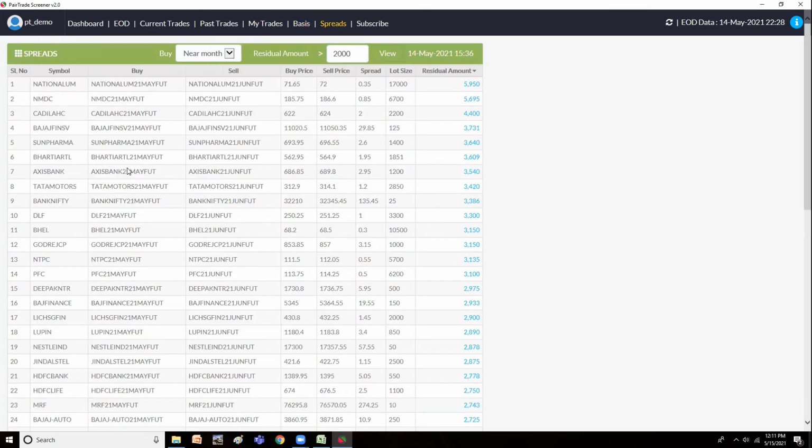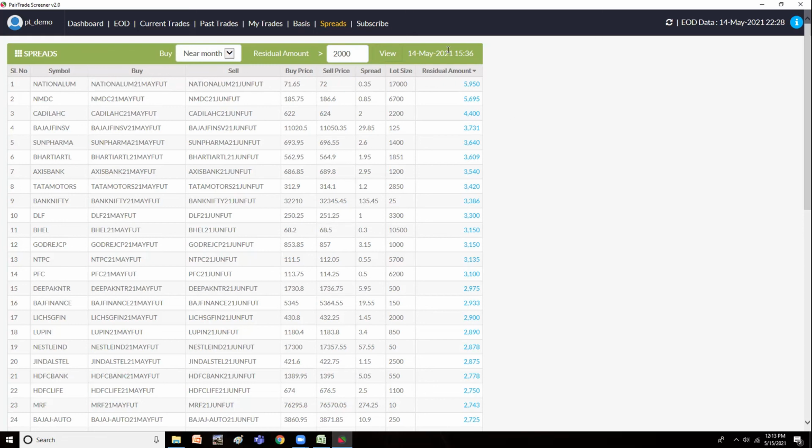And the next one is the spreads. Spreads is the price difference between the current month contract and the next month contract. It's also called calendar spreads. If you see National Aluminium, there is a price difference here. So if you are buying this and selling this, you would make this money if both the prices converge. But the chances of that happening are very less, because on a day-to-day basis the gap would be coming down. Whether the whole gap will be filled or not depends on the demand and supply of the individual futures contracts. The margin required for this would be very less because we are totally hedged in a position. So the margin requirement would be very, very less.